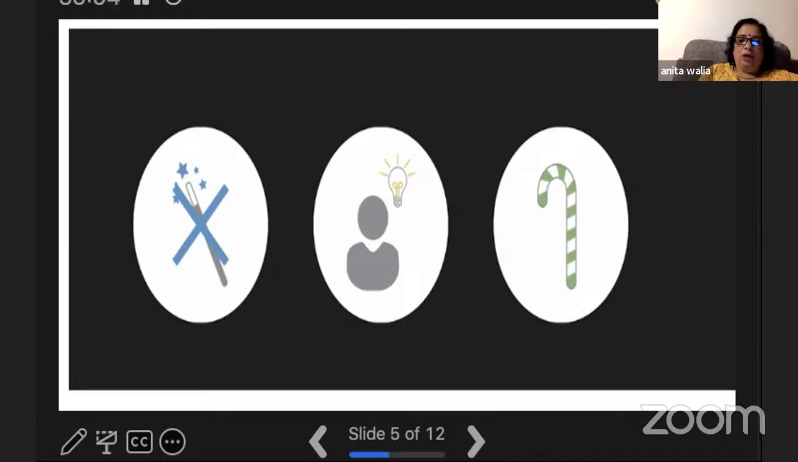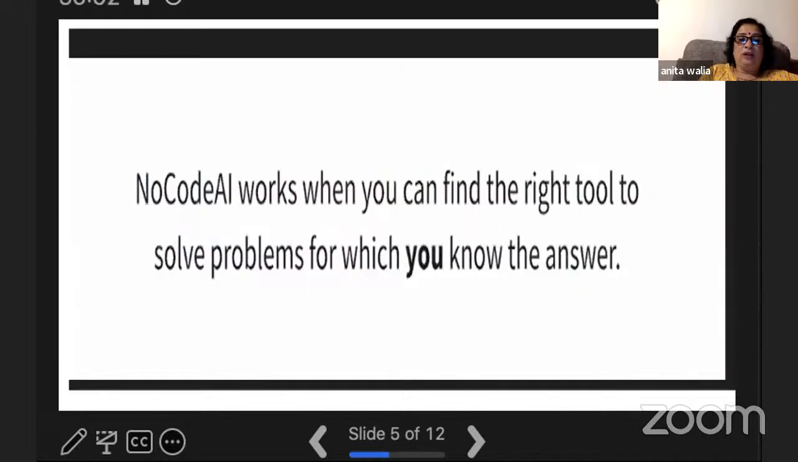No code AI also works in a situation where you cannot find the right tool to solve a problem for which you know the answer. Sometimes you're confused. For example, let's say you have an idea of digital marketing tools and of traditional marketing tools, you're an expert in that, but you're confused about what you should use. Should I use a digital marketing tool in this, or should I use traditional media? What should I try? So you know the solution,